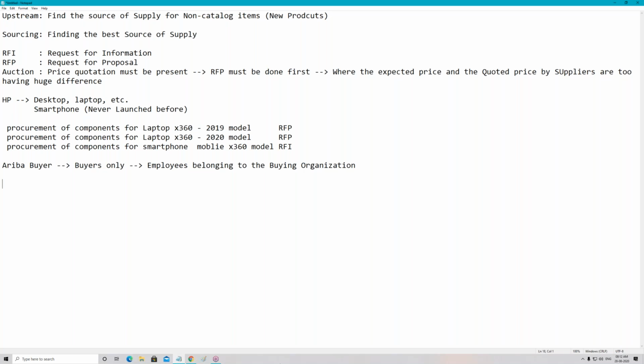Now, of course, there is a role concept. And if I don't say that there is a concept of role over there, I will be totally wrong here, guys. So you have a role concept over there. So what is the role? Now here it gets interesting. This is the standard role, guys. Sourcing agent role. The standard role which you should give to the buyers. I'm not finished till now.